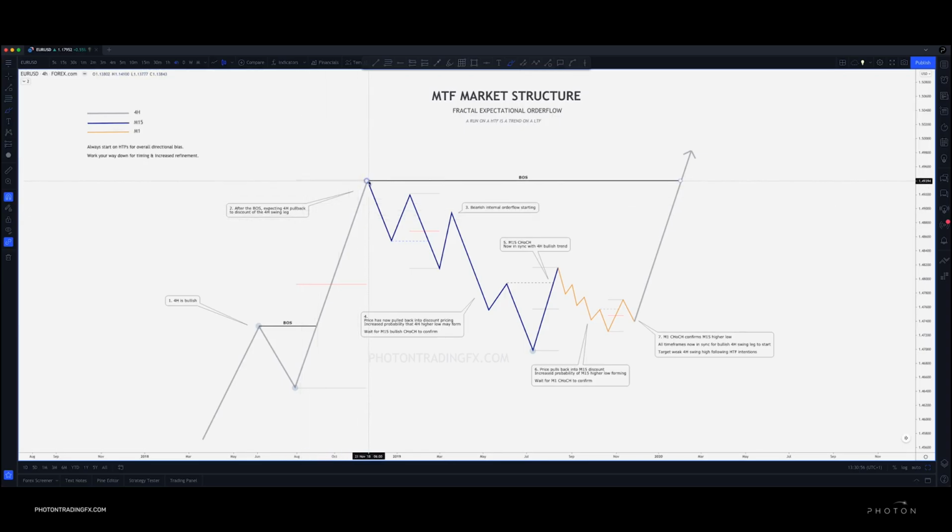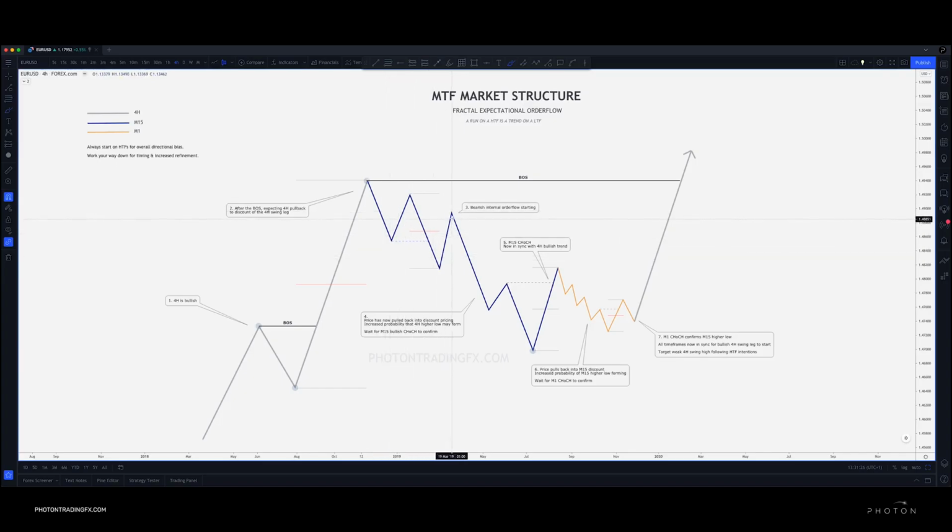Now, once we start to see price pull back on the M15 time frame, so in this case the M15 is the blue line, if there was, say, a minor M15 low here, price would then break that low. We would see that minor break of structure on the M15 to the downside. That can then give us a signal that perhaps the 4 hour swing run is now over, because we have seen that M15 change of character, when we get that substructure break here as well,